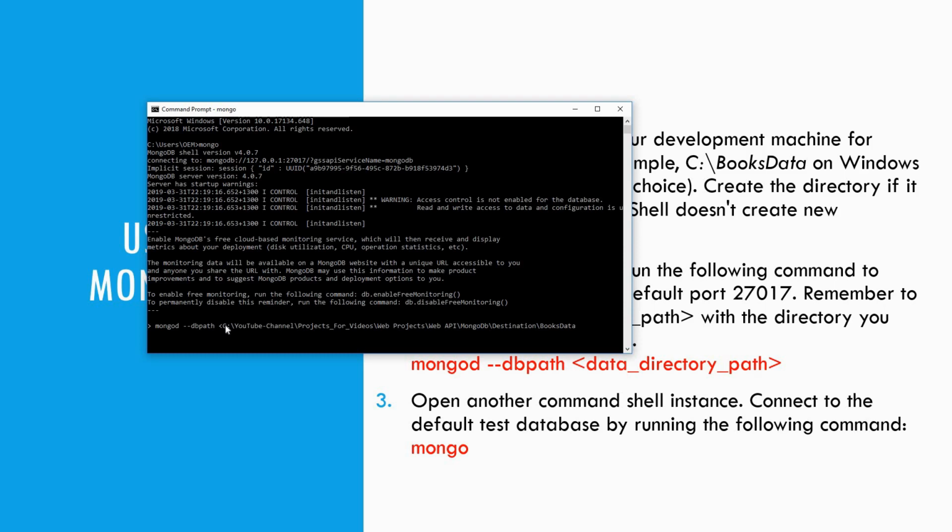Yeah, so that's my path. It comes up with a triple dot. I'm not very sure about the meaning, but it has started on the default port